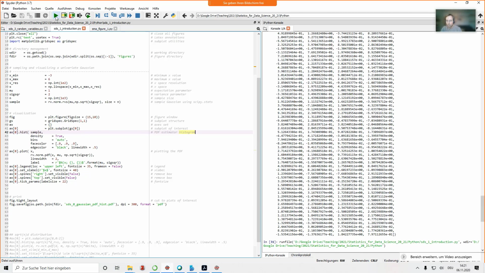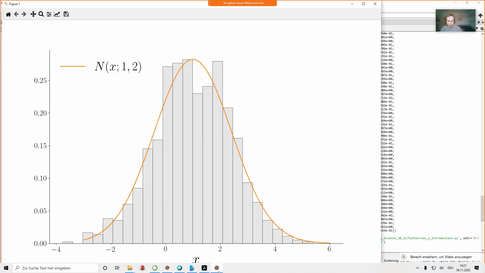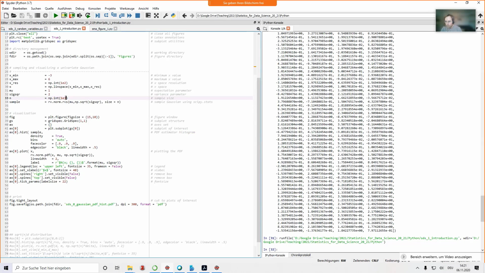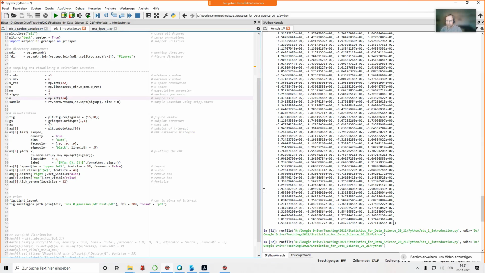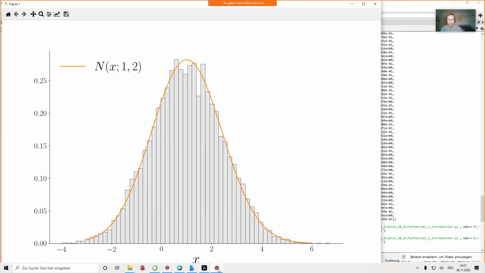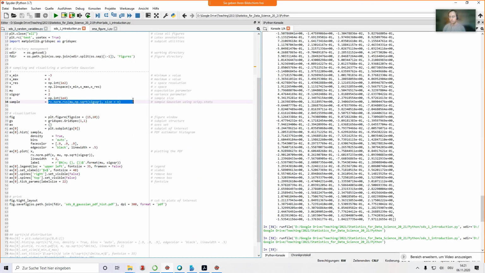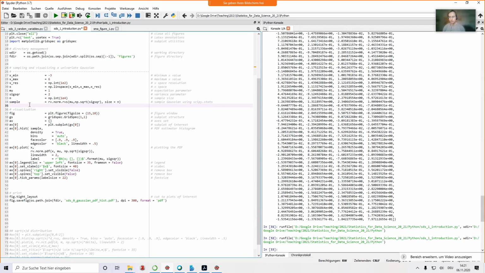Well, then let's have a look. Yeah, it doesn't look too bad. If we increase the sample size a bit more, it's looking even better. So that's essentially what you will do often in these exercises. You use a random number generator to sample a specific distribution, and then usually you will visualize things, although actually I think in the random variable case that's all you do.